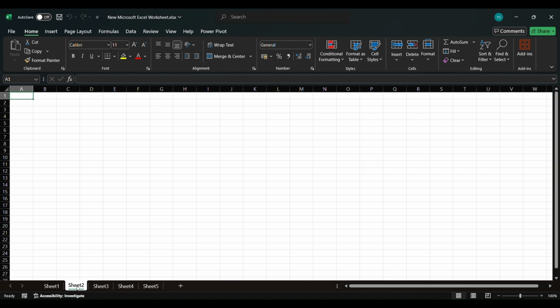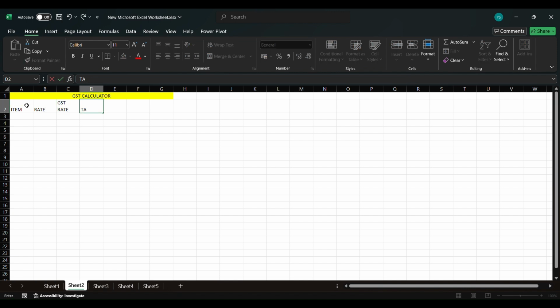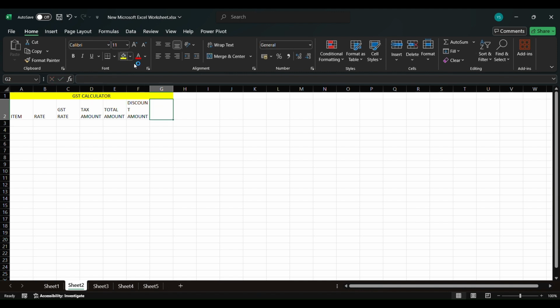तो सबसे पहले हम लोग लिखेंगे जीएसटी कैलकुलेटर, और मैं जी सेल से सिलेक्ट करके इसको मर्ज एंड सेंटर करके येलो कलर कर दूंगा। देन आइटम, देन रेट, जीएसटी रेट, टैक्स अमाउंट, टोटल अमाउंट, देन डिस्काउंट अमाउंट, इस सेल को हम थोड़ा बड़ा कर देंगे, देन नीड अमाउंट।